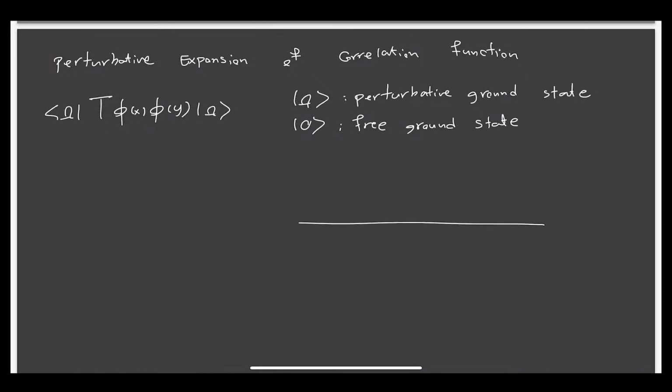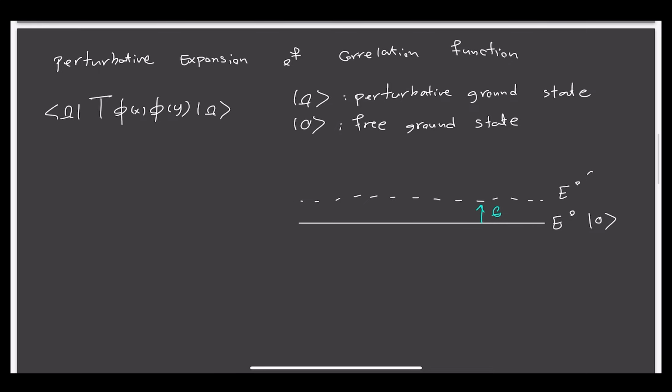And the idea is that if E0 represents the free ground state, then this perturbative ground state is somewhere slightly above this free ground state,